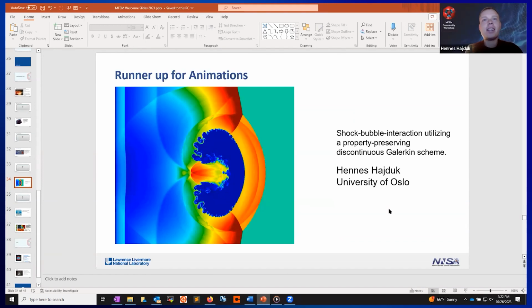It's using a property preserving DG scheme, high resolution, obviously, and it's showing both shock capturing, positivity preservation, and also the vortices. It's just to make a cool animation and not really anything else. Makes a really good book cover. I actually took a look at it earlier.